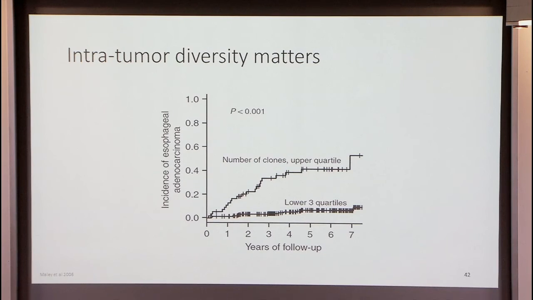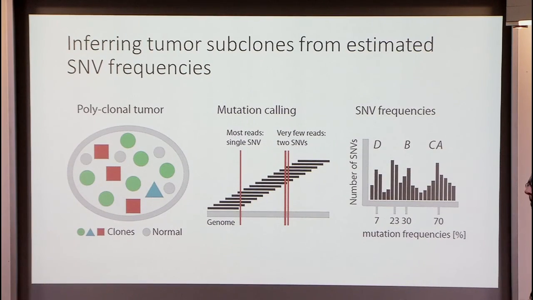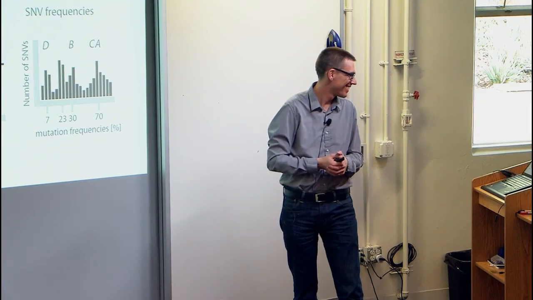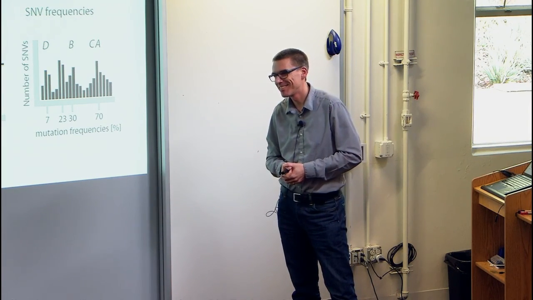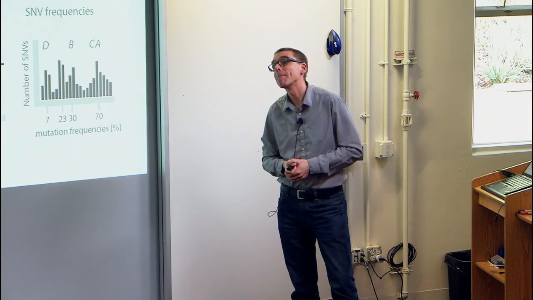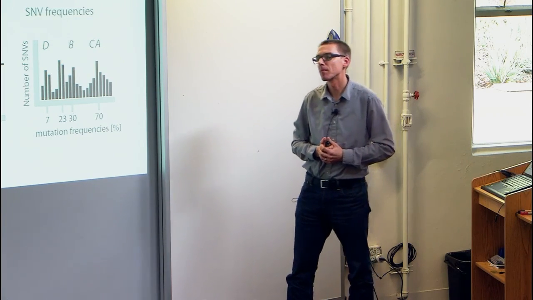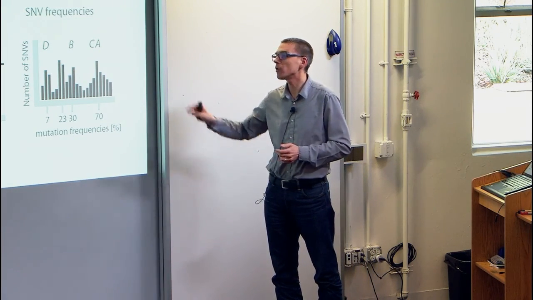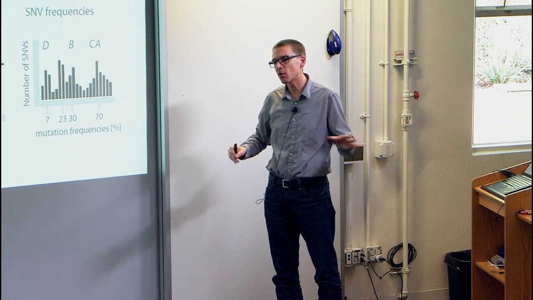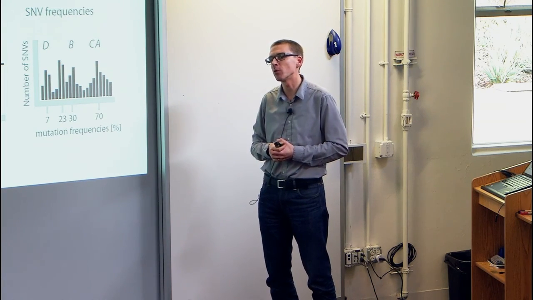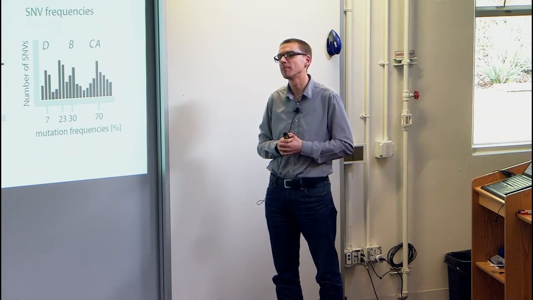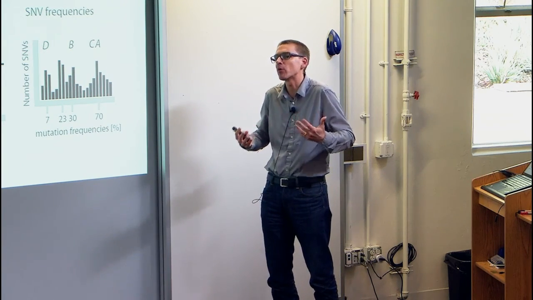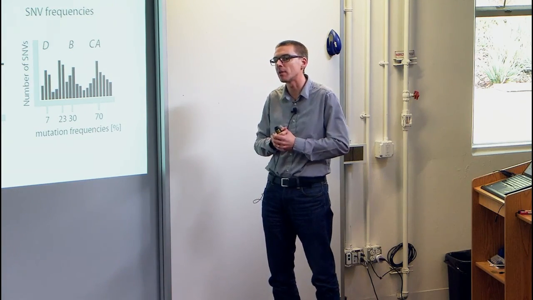Okay, so finally I want to make the point that estimating the composition of these different clones... sorry, there's a question from Cenk. Of course, if you have multiple samples from the same tumor, are you going to come to them? We will, not in the context of SNVs, but in the context of copy number alterations, we will look at this. Then you have more power. In general, there's still no guarantee that you can resolve it, but you clearly have more power.